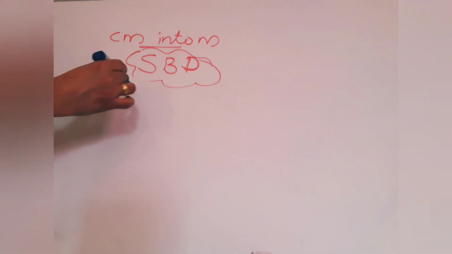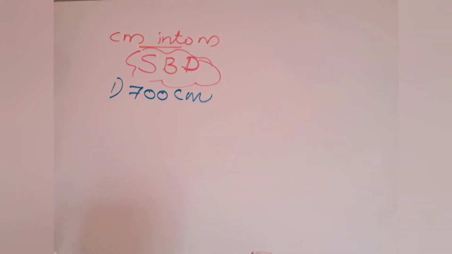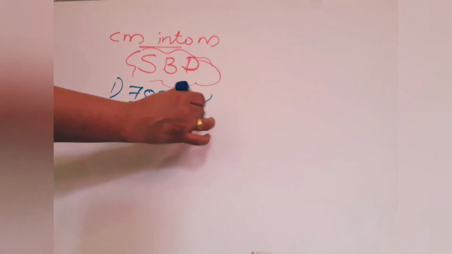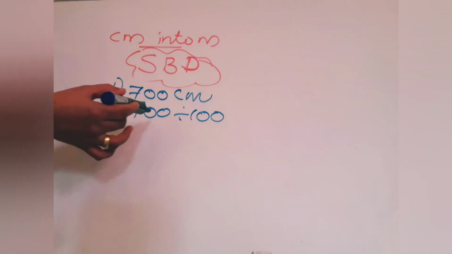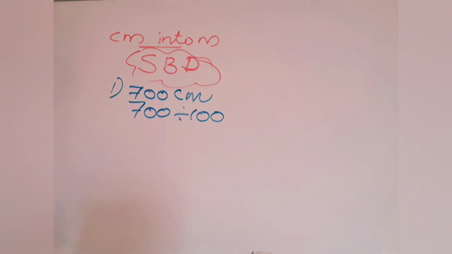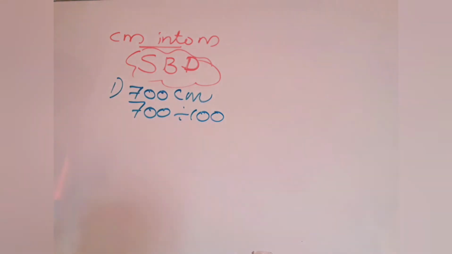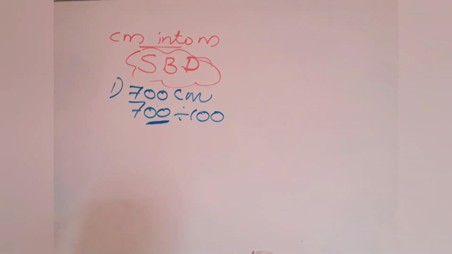Let's see one example. If I write 700 centimeter, centimeter into meter I should do. So what I should do? 700 divided by 100. So you don't know division by 100 and all. So what we have to do? This is very simple one. Last 2 digit underline. Division by 100 is very simple only, but you are learning in another way. Here how many zeros are there in 100? 2 zeros. So you have to underline in 700 the last 2 zeros.